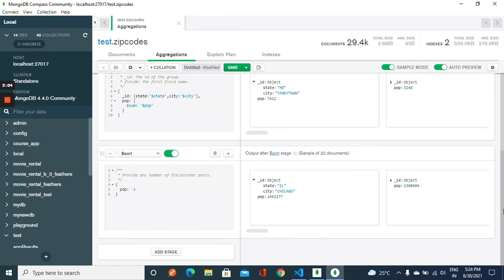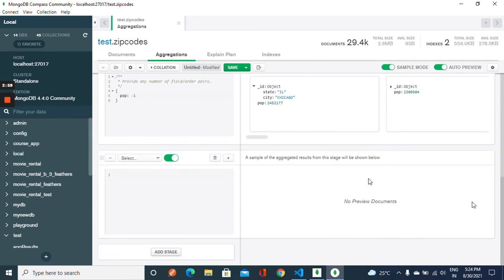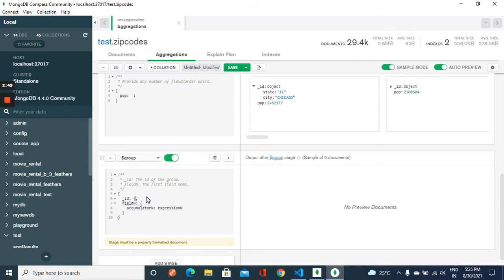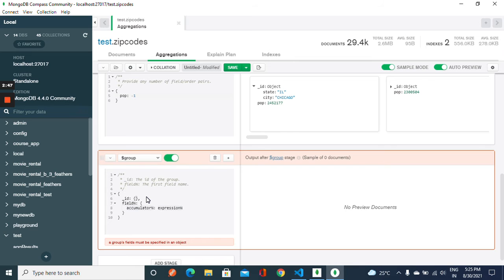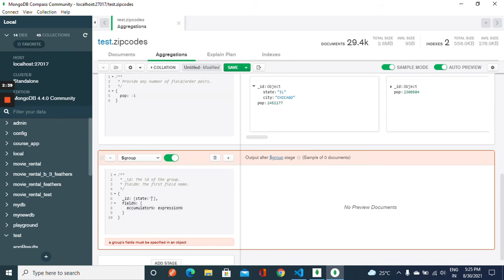So let's add the third stage, which is again going to be a grouping stage. Over here, the expression again is going to be a document where we want to have the state, which is going to come from the output of the second stage.